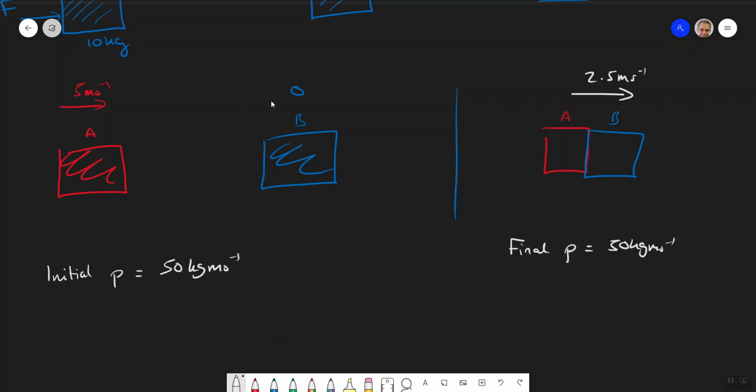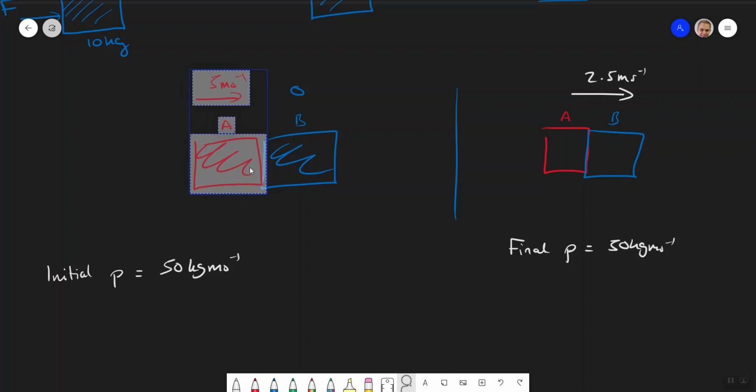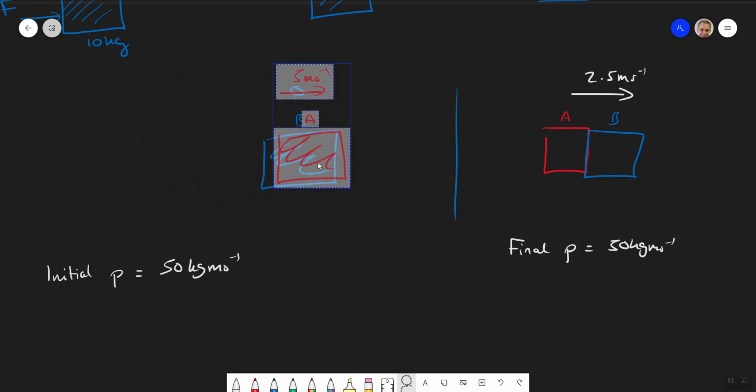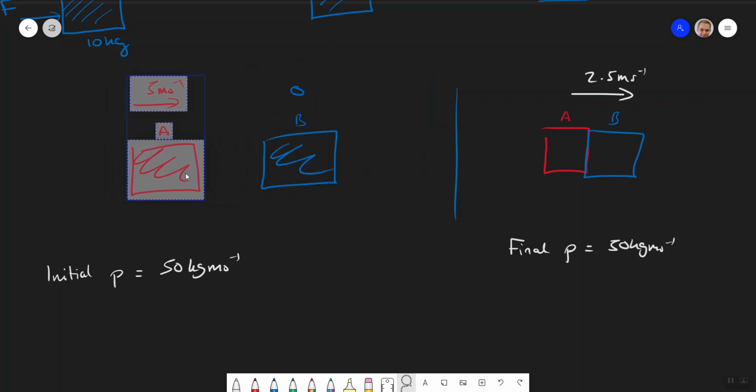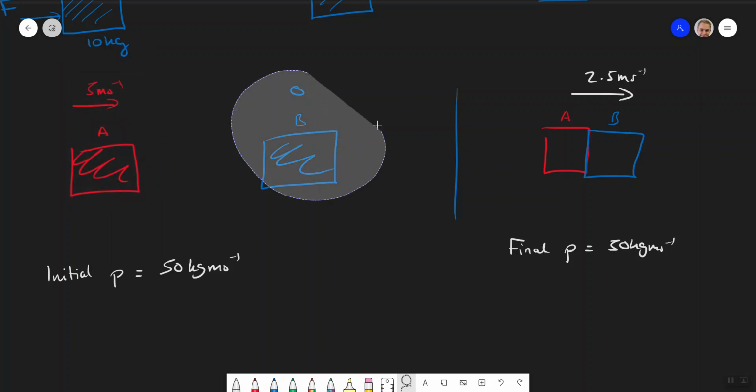Now, the first and instinctive force is the easy one. It's the one we think of for this second block. Why has this sped up? Well, it's quite nice because we can imagine, oh yeah, this thing has moved into it and given it a whack. And so this has exerted a force on this one by hitting it. And because we like to often ascribe things as being something that's in motion, we go, oh, well, that's the thing exerting the force. But equally,